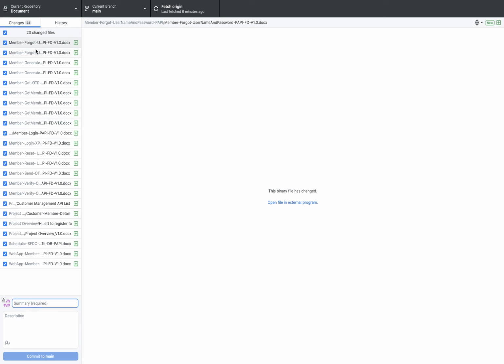So I added a few files. I have both accesses, so only I will be able to write. But the process you need to follow is like this. Whatever change you do, you will be able to see here. All green means we are adding new files. If it is yellow, you are updating a file or folder, and if it is red, you are deleting that file or folder.